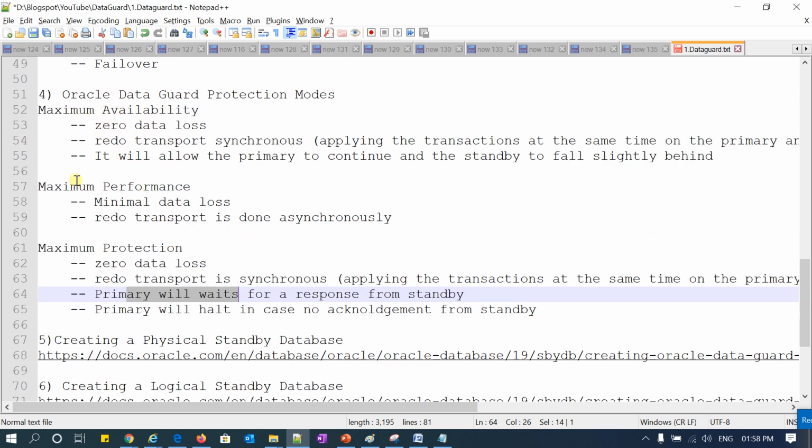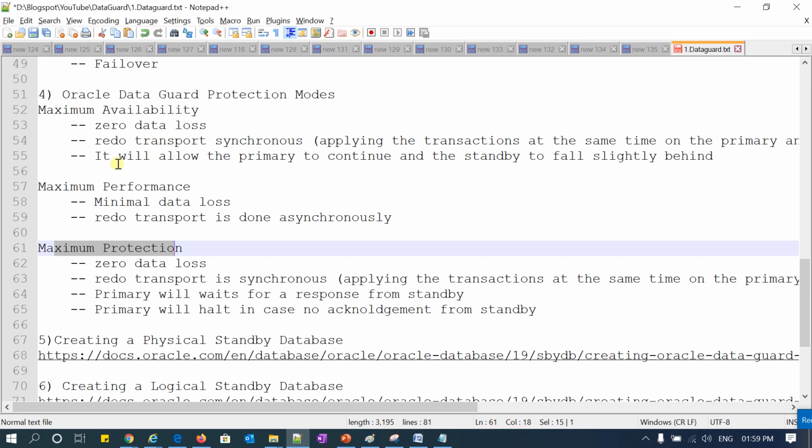So these are the three protection modes: maximum availability, maximum performance, and maximum protection. If you compare availability and protection mode slightly, both are the same: zero data loss, synchronous transport, and this also synchronous transport. The only difference is that in protection mode, at any cost it has to get the acknowledgement from your standby database. In the availability mode, the primary database will wait for a certain time.